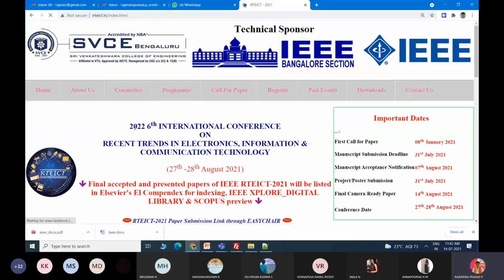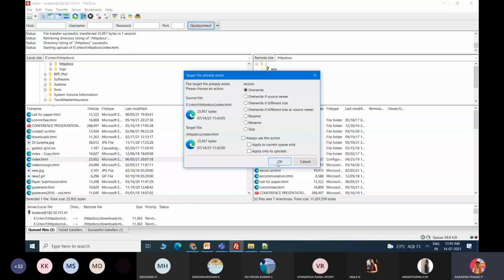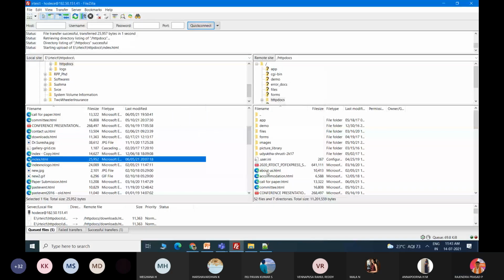I will save it. I'll go to this one. I will select for the remote and I will run this again. Again overwrite, copy. So it will do a successful transmission. Then here again I need to refresh. So you can see that it has been changed to 2021.